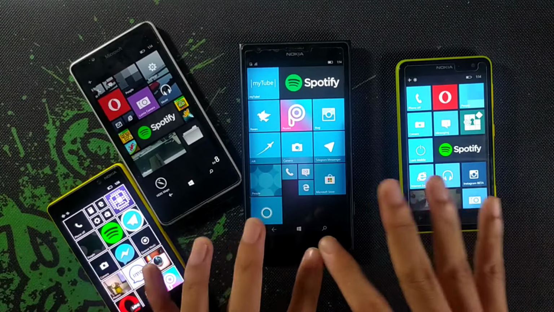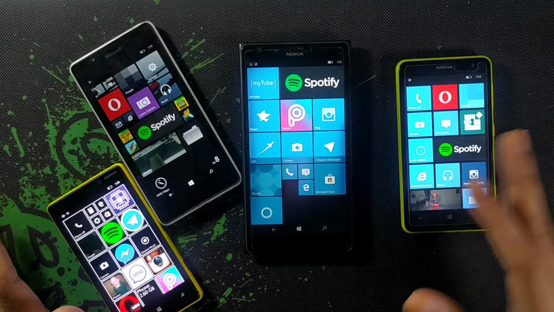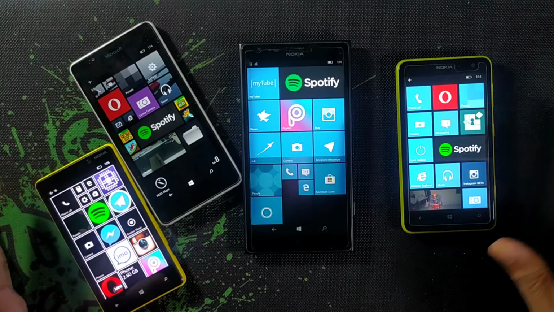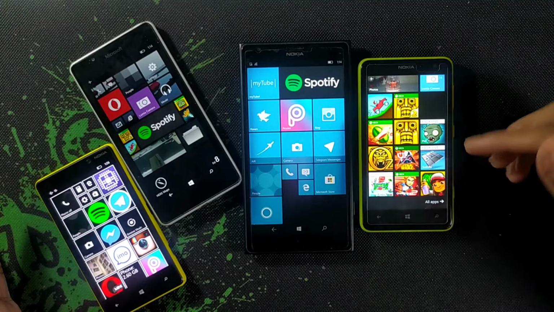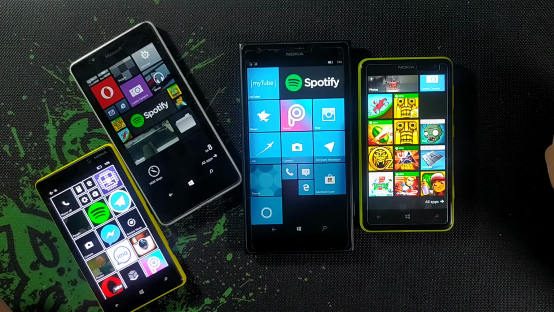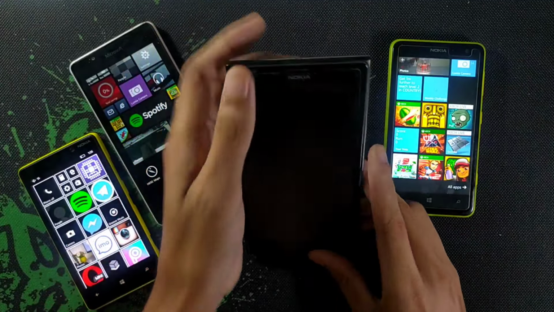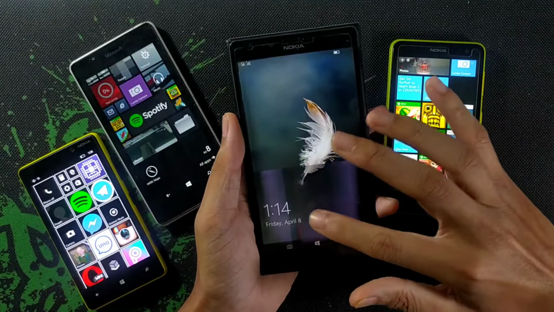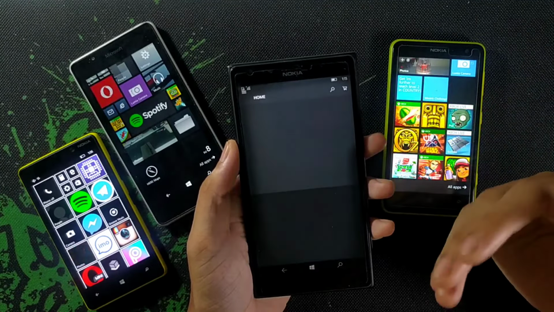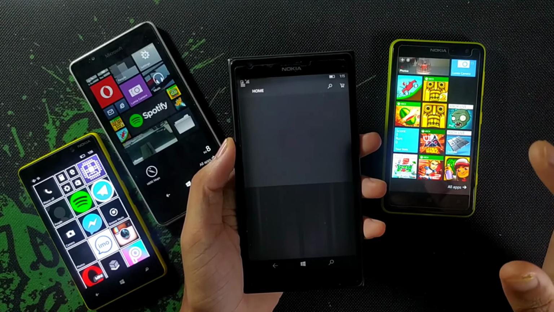So I will be talking about Windows 10, not 8.1, because the app store in 8.1 is not working. If you really want any apps like games and other things, you really need to unlock the bootloader and sideload apps. But for Windows 10, as I am showing you here, the store is working. If I go to Microsoft Store, the store is working just fine in the third build of